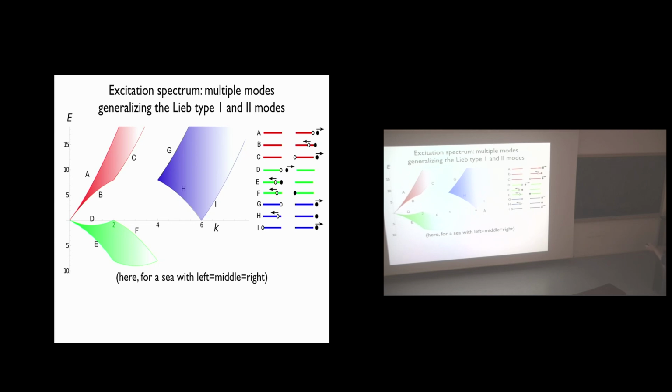Maybe I'm creating particle-holes close to one particular edge. Maybe I'm jumping from one edge to the other, and that hops me in momentum from one of these things or the other. The interesting thing is that all these thresholds are completely described from integrability, and the size of the correlation is also computable from integrability.